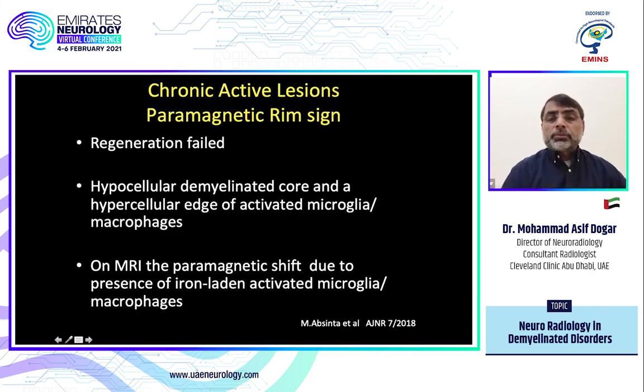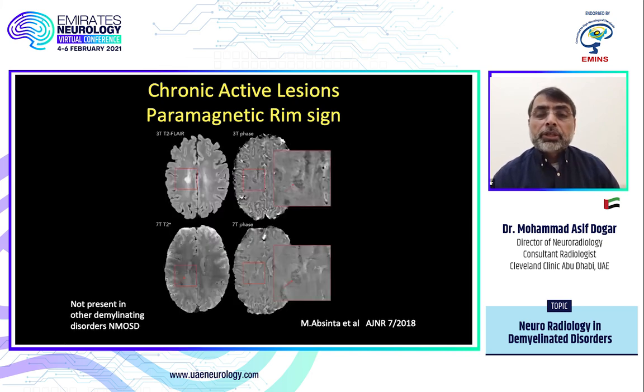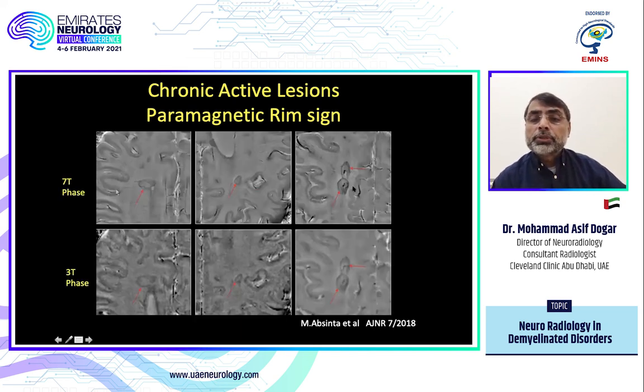And the chronic active lesions, there's a failure of remyelination. So they have a chronic inflammation and microglia, which has hemosiderin. So on the MRI, the hemosiderin on this SWI images on the phase sequence, you will see a dark rim around the lesion. If I blow up here, this lesion has this dark rim. So you can predict that the patient who has these kind of lesions is going to progress. Here again, you can see this peripheral hypointense rim here and peripheral hypointense rim here.